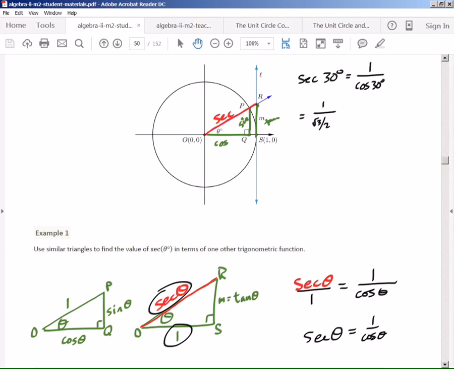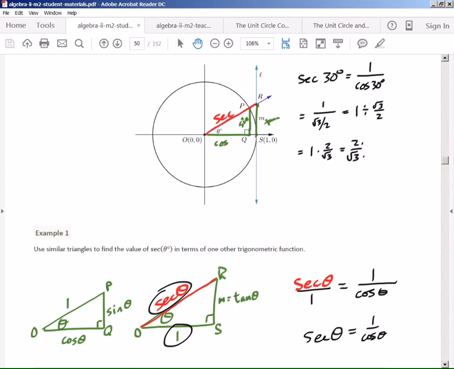And so now we can simplify this some more. 1 divided by rad 3 over 2. We can write that out like this. How would you do that? When you divide by a fraction, you just multiply by the reciprocal. So we have 1 times 2 over rad 3. Okay, so then I just have 2 over rad 3, but we can't leave the radical on the